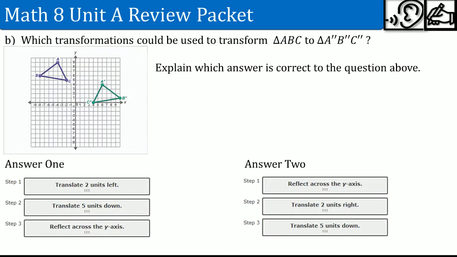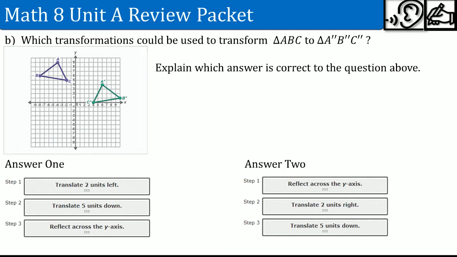Okay, so that leads us up to part B. Which transformation can be used to show from this purple A, B, C to the green of A double prime, B double prime, and C double prime? Explain which answer is correct. Here's the first answer. Translate 2 units left, 5 units down, then reflect over the y-axis. This one is reflect across the y, translate 2 units right, and